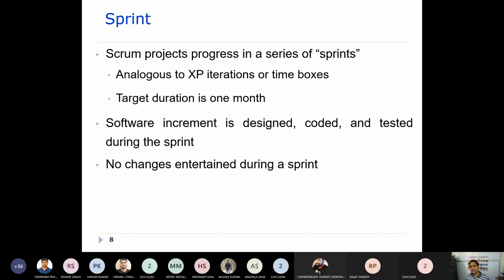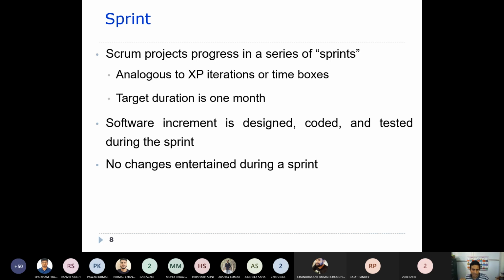If any changes are required, they will be raised during the sprint review. Those will be recommended and created as an extra feature, and those features will be added into the product backlog. That item may be addressed in the next sprint or in subsequent sprints.